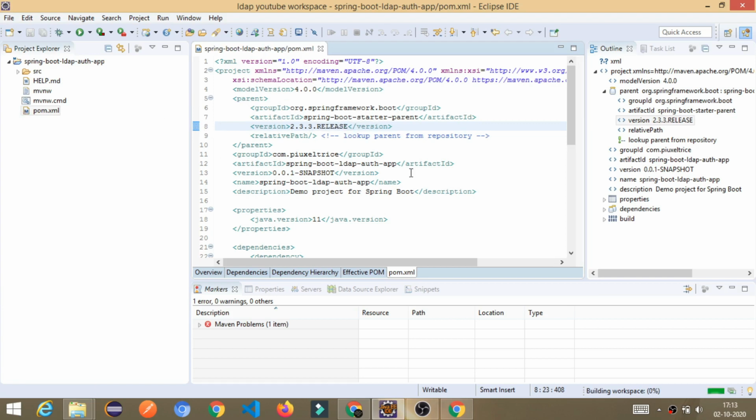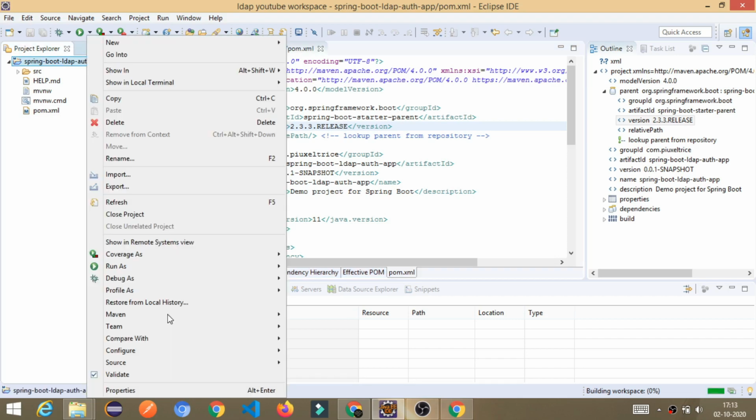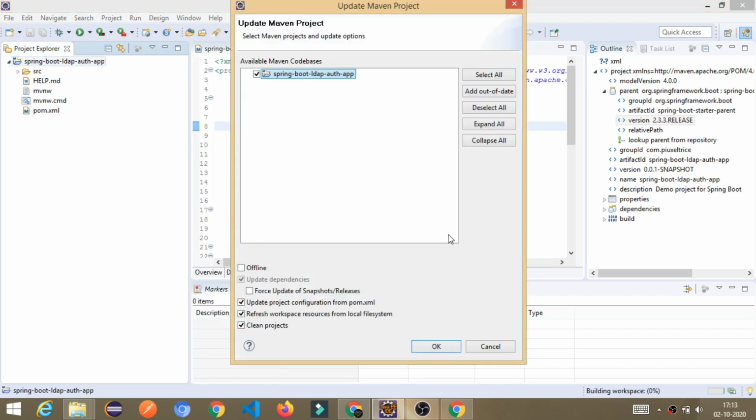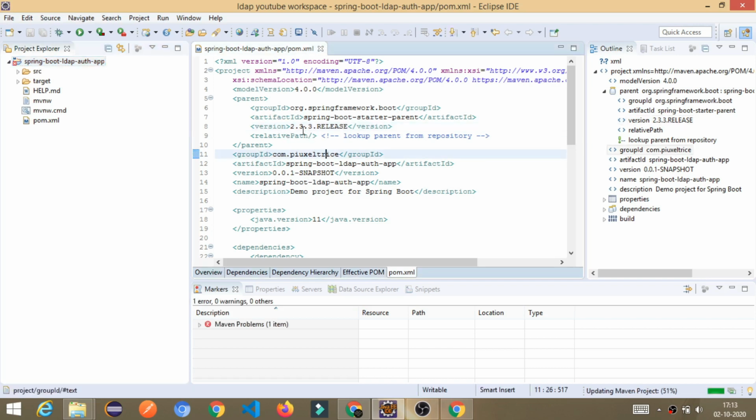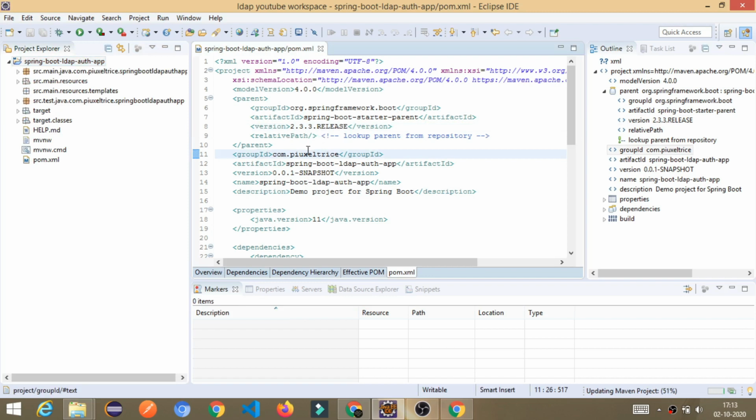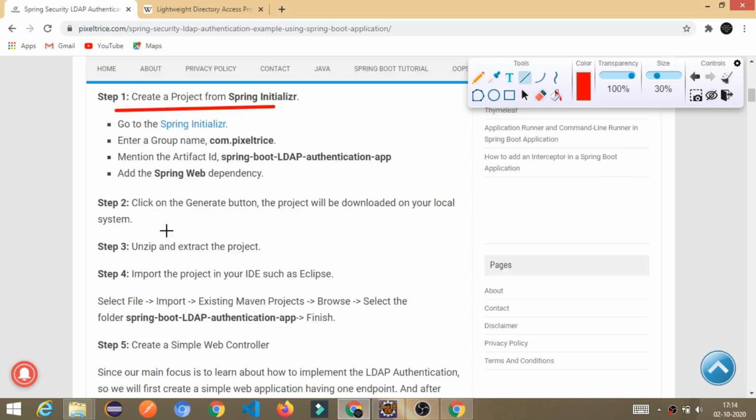Save it, right click on the project, go to Maven and update the project, and all your errors will be gone. I don't know why this error is coming with the 2.3.4 release, but with 2.3.3 for now it is working fine. See, everything is correctly imported here. Now move into the article and follow the steps.